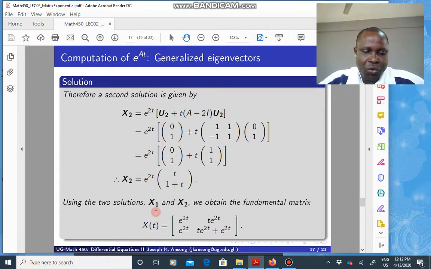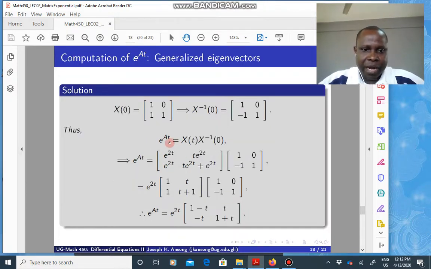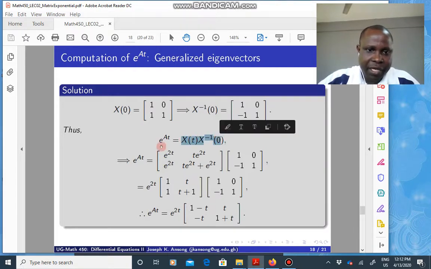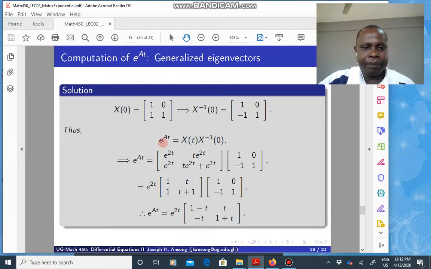Take each solution here, let it be a column of a matrix. Take the second solution to be the second column, and this resulting matrix is called a fundamental matrix. That's a capital X. Remember that we said once you have the fundamental matrix, if you compute this, then you get your matrix exponential. So find